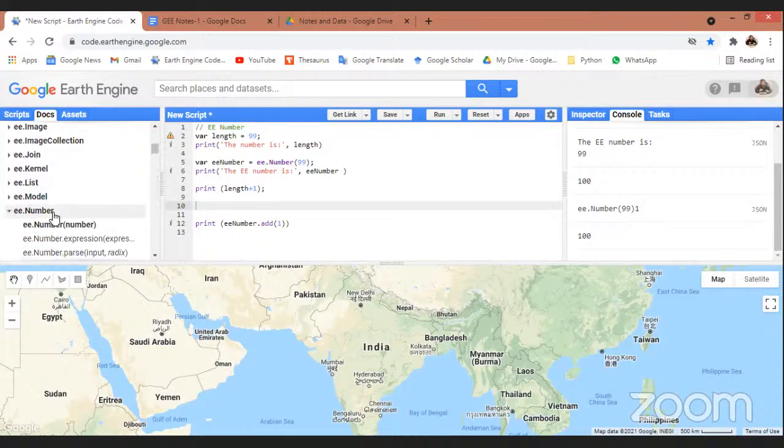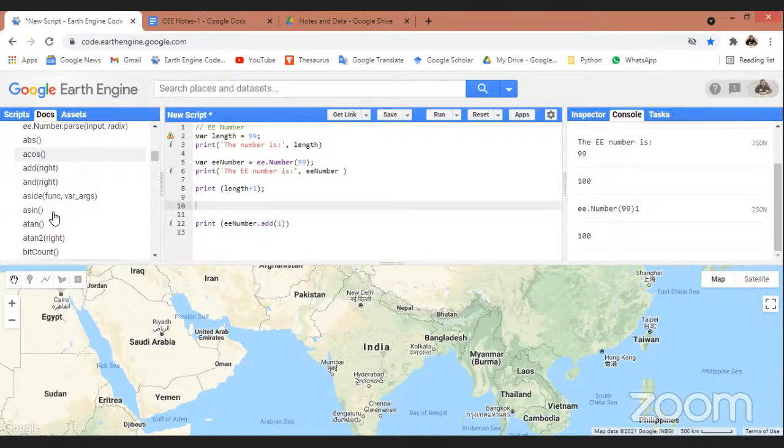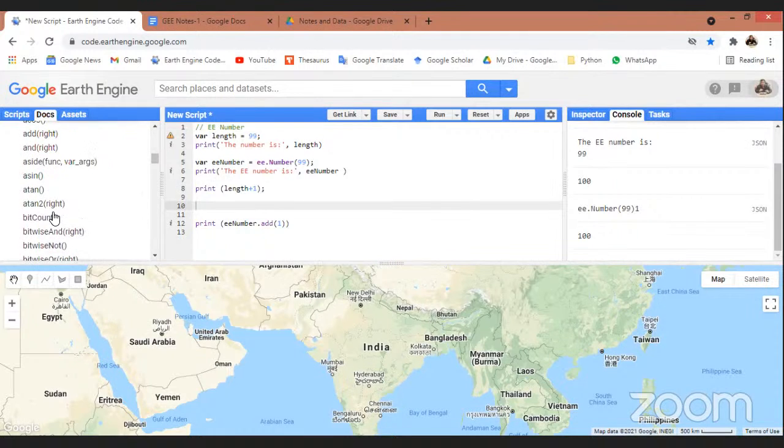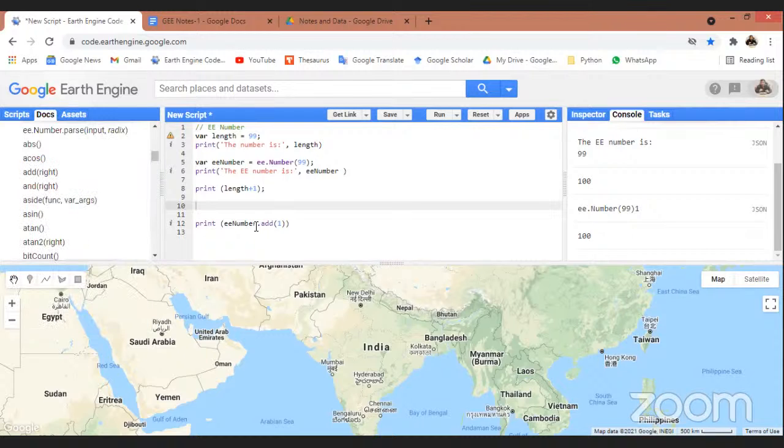Okay, so in ee.Number you have a variety of other methods. Like in order to do an addition or subtraction, we get this .add. So I just use this command as .add, right? That means ee.Number(1).add(1), and I'll click on print. That means we are actually computing